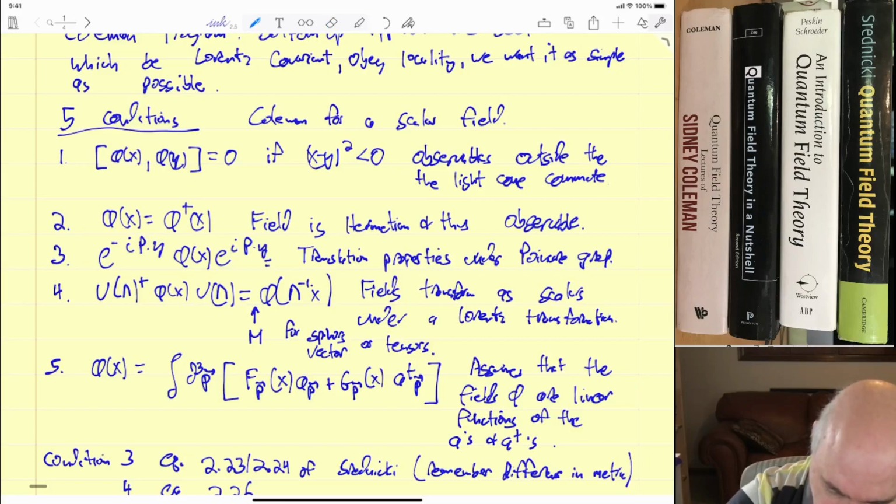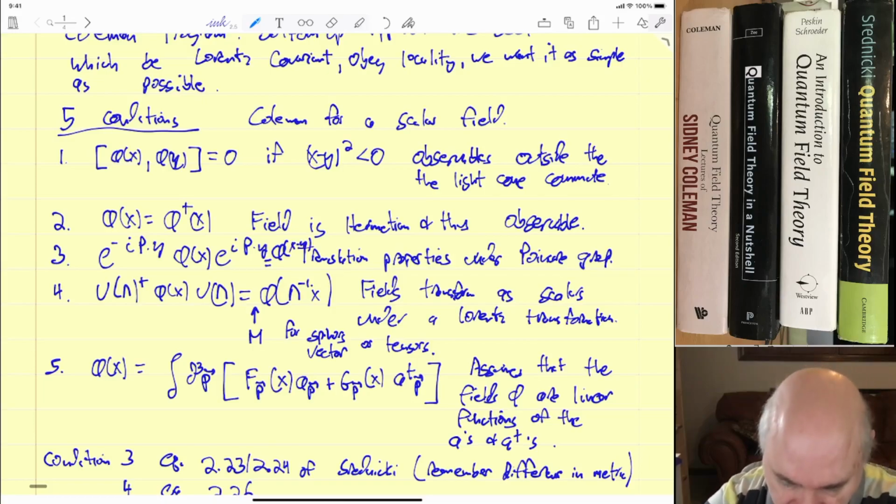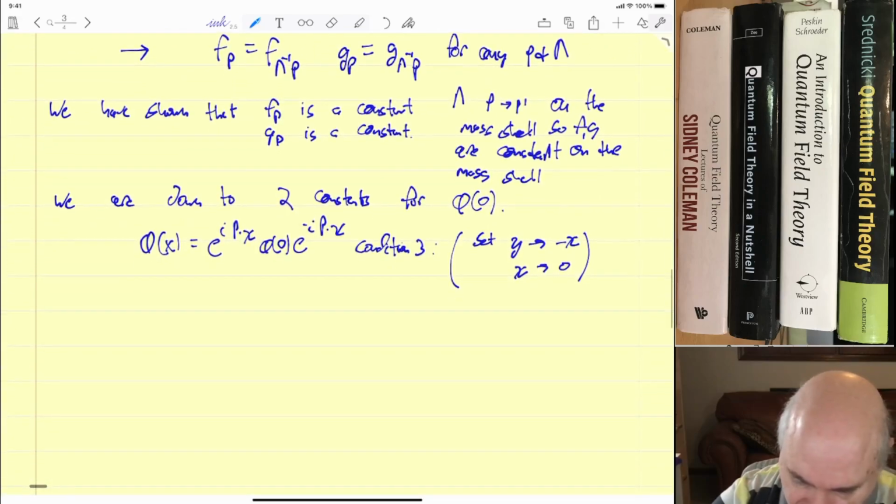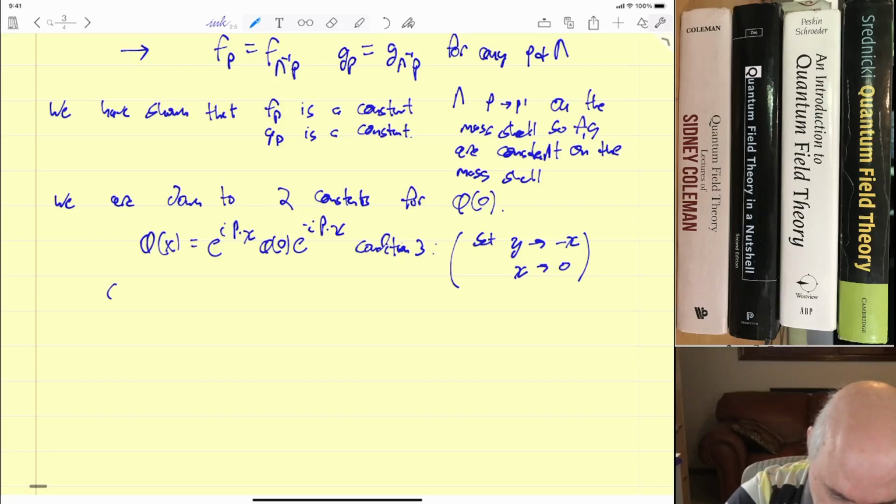This is equal to phi of x minus y. And so when I set x to 0 and y to minus x, I get phi of x over there. So that's where this equation comes from, in condition 3. And then, once again, do the substitutions of the field for the phi of 0. And I get phi of x is equal to e to the I p dot x